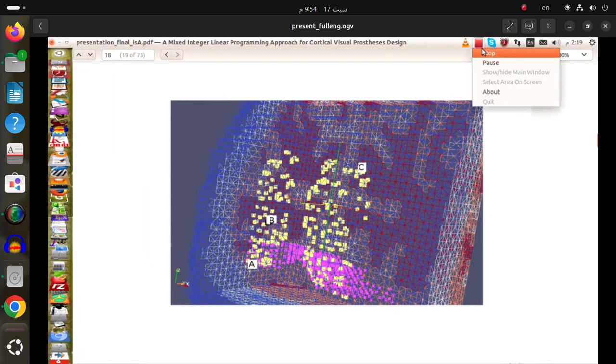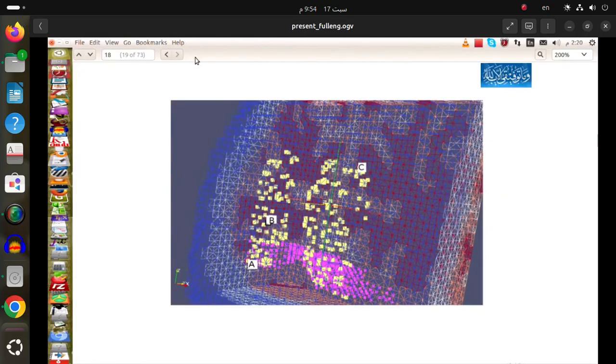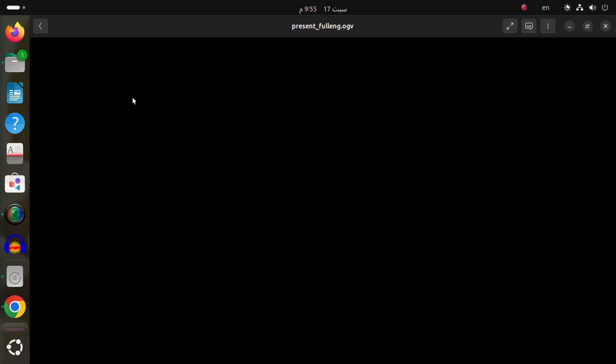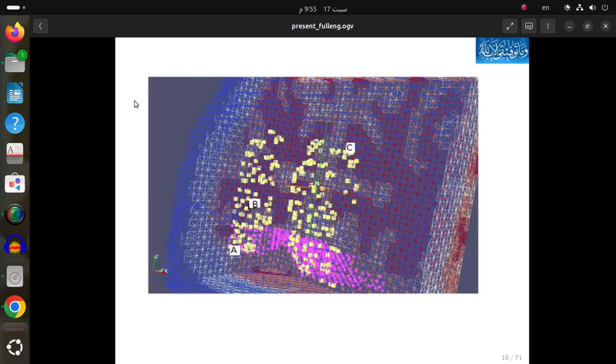When attacking this problem, we were just at the start of the thesis work, and I was not really familiar with the tools that can be used to extract a certain portion of the cortex. So we just decided to focus on a general problem. We have a set of electrodes on the surface of the cortex, and we want to excite a certain chosen region